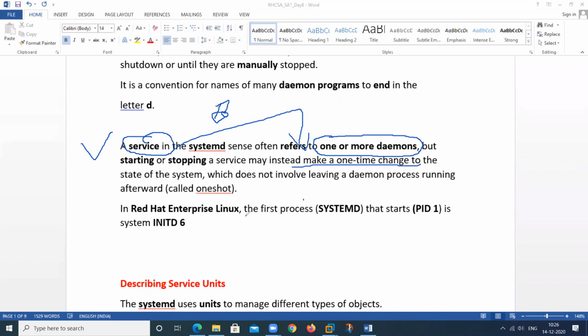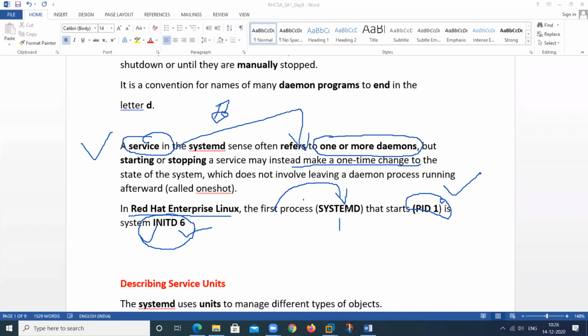So it can be started one time in RHEL 7. This is your first service, and the process ID of this particular service is 1. And if we are using RHEL 6, then this is your first service. In RHEL 6, Red Hat Enterprise Linux, if we are using version 6 of Linux, then this is your first service.